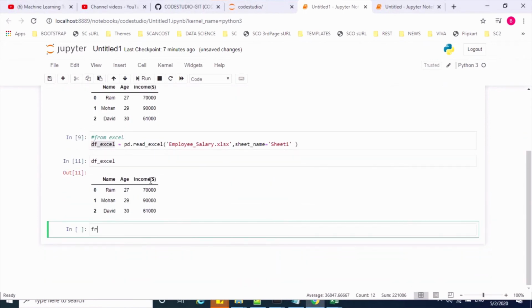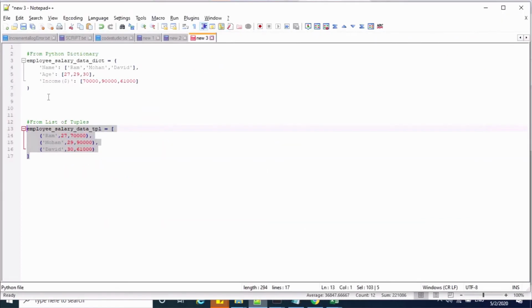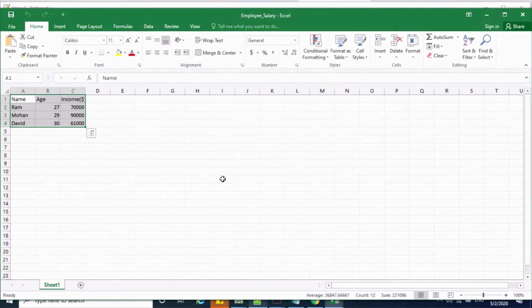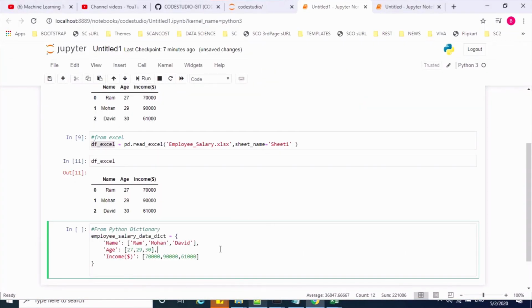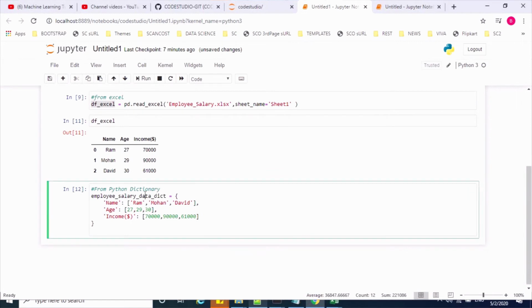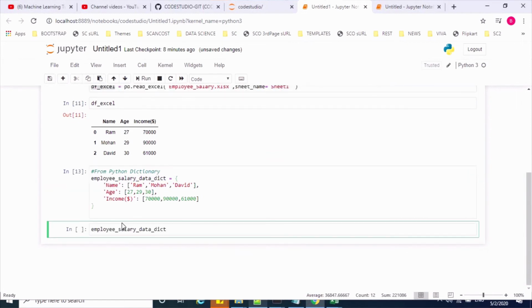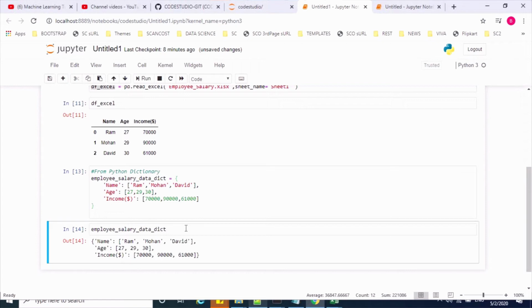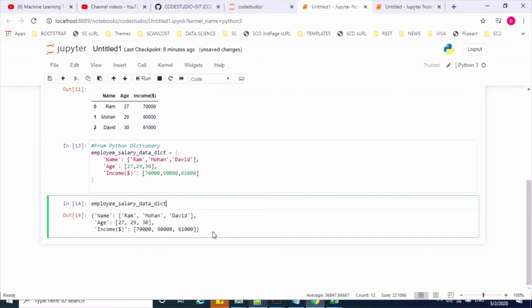Now we will see how to create a data frame to read the Python dictionary variable. So I have a dictionary variable, data. Let me execute this to create the dictionary variable. Yes, now this dictionary variable is holding the data. Now we will create a data frame to read this data.